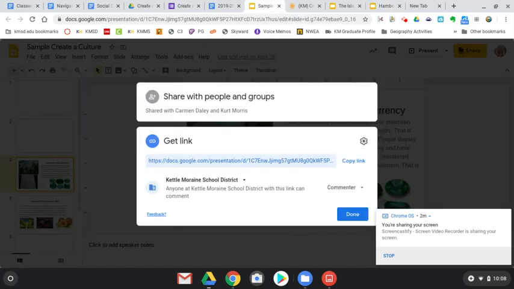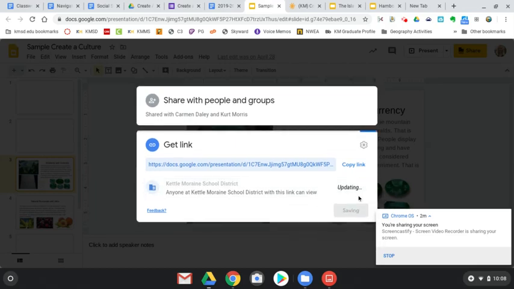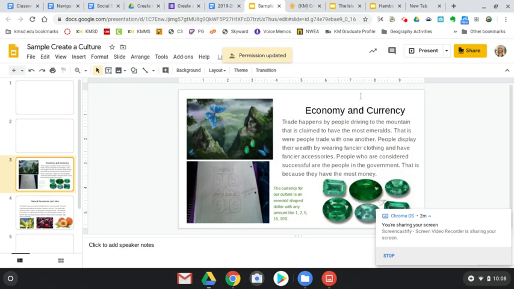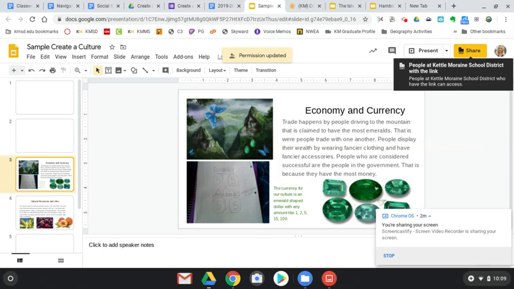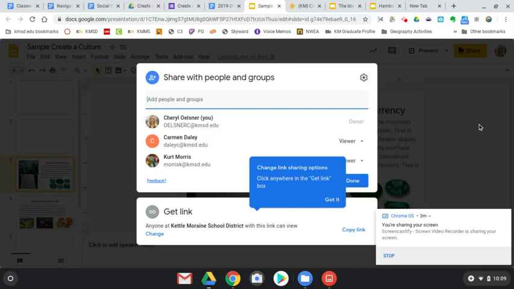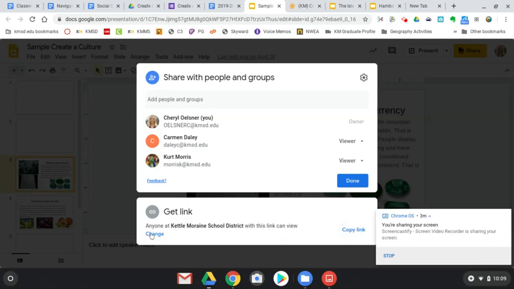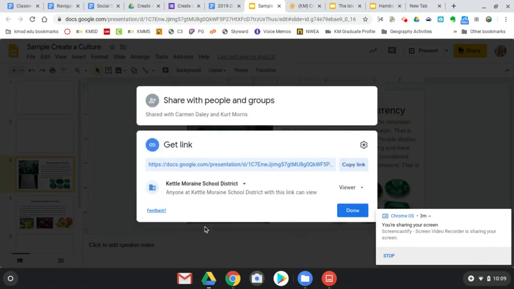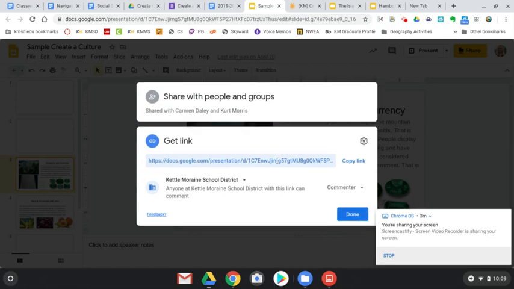start your own Google Slides. I'm going to actually have to change this here for a second. As you see your Google Slides, maybe you've already started it. If you haven't, start a new one. Immediately, please hit the share setting. I know there's not much there for you, but hit the share setting and then change your setting so I can comment. Down at the bottom where it says get link, you want to copy where it says change. Right now it's so people can view it. I want to be able to comment on there, so change that to commenter. And so now you copy this link